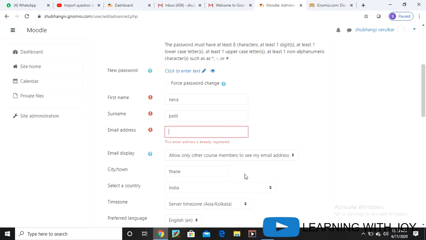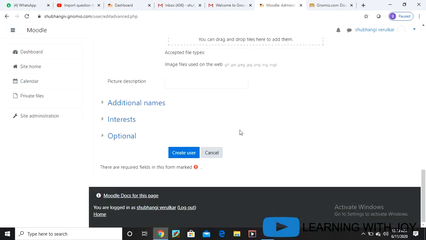So we will use another mail ID, grishma.verulkar@ mangesh.verulkar17@gmail.com. We have to use an unused email, you cannot register with the same email ID.